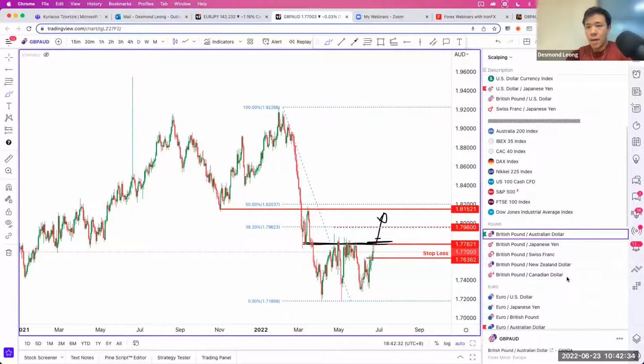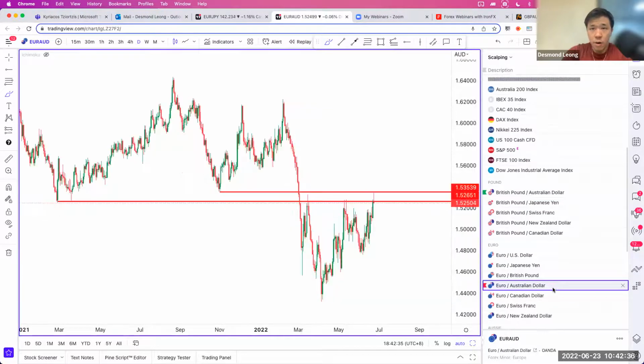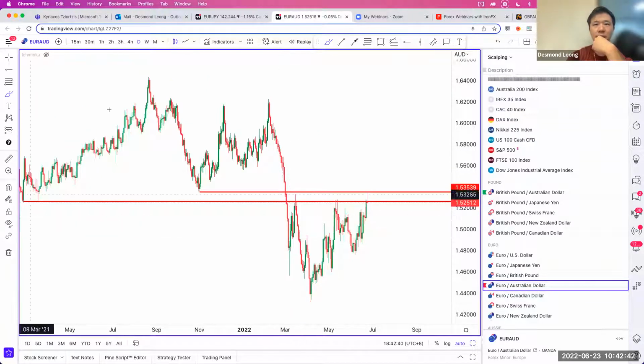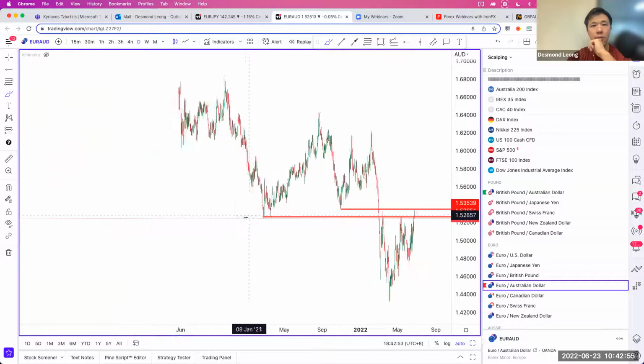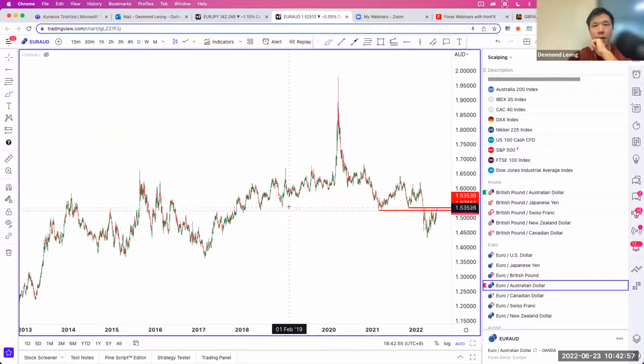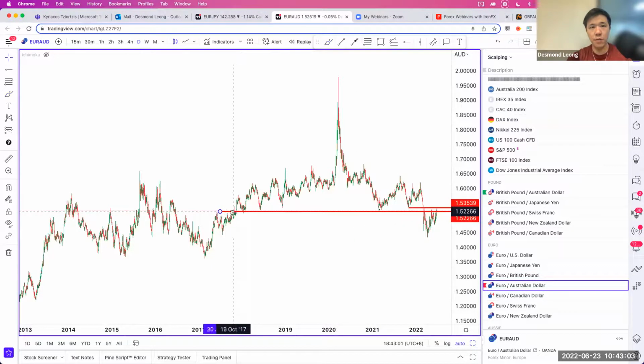Okay. Now, another one is Euro Aussie. I love Euro Aussie for this reason, right? Euro Aussie is a pretty tricky setup, as you can see over here, right? We can see, if you zoom out all the way, this resistance level, and this is the reason why I like it. It goes all the way back to here,